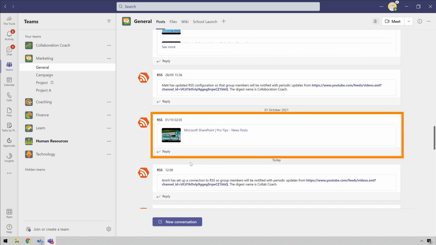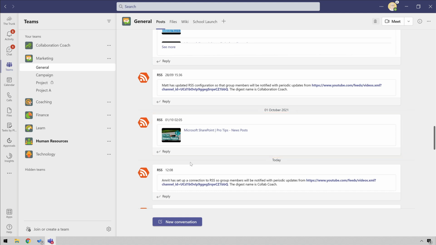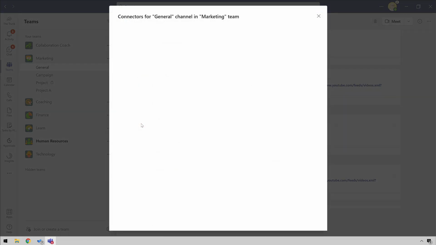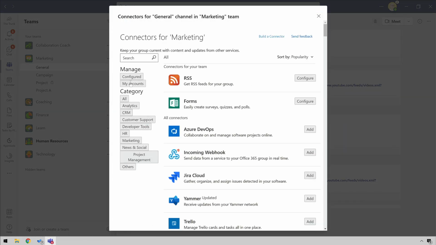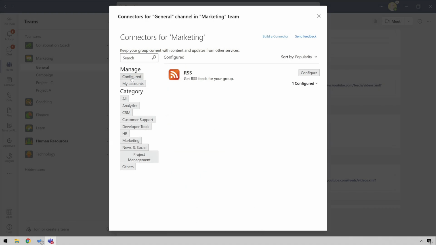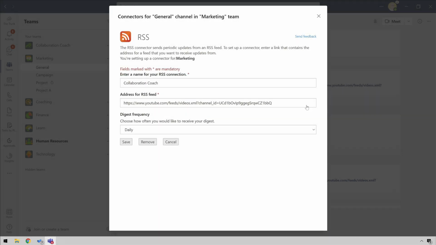If you ever want to change the configuration, just go to the channel that you added it to, choose the ellipsis and then connectors. And then on the connectors page, choose configured under manage. Expand the configured section and then choose manage.